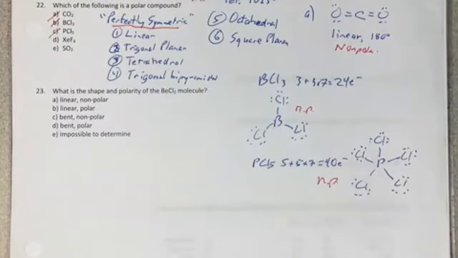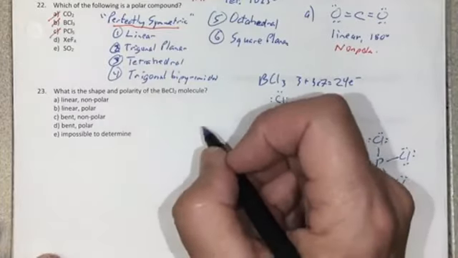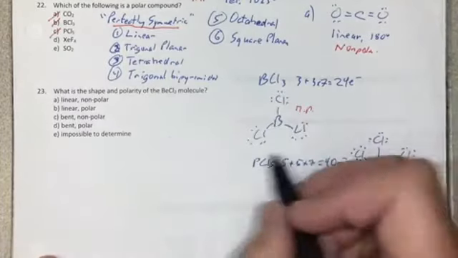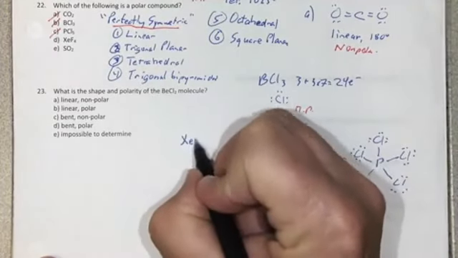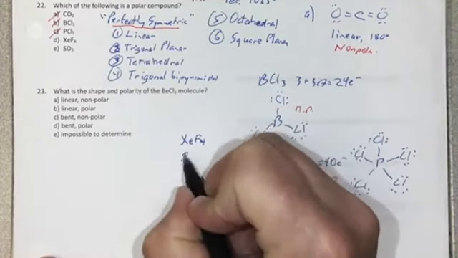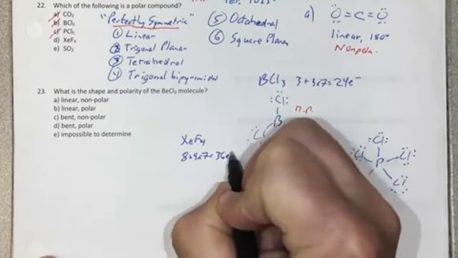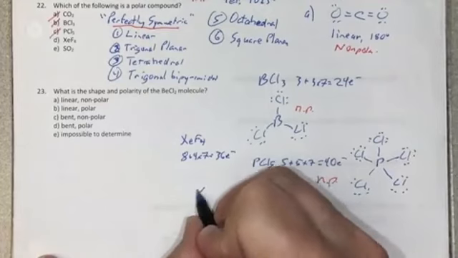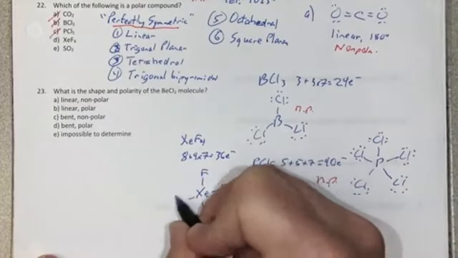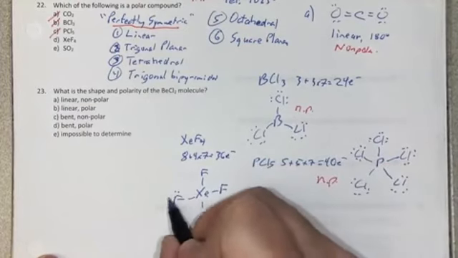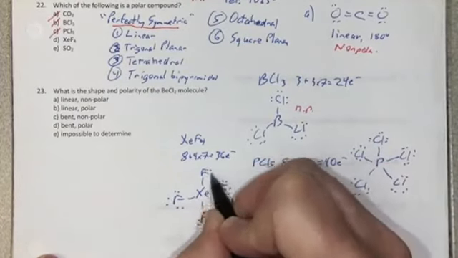Next, we do xenon tetrafluoride, and we did the structure of xenon tetrafluoride previously. Let's just do it again. We have 8 plus 4 times 7, 28, and 8 is 36 electrons. Now we're going to distribute those 36 electrons. 2, 4, 6, 8. Complete the outer octets: 10, 12, 14, 16, 18, 20, 22, 24, 26, 28,